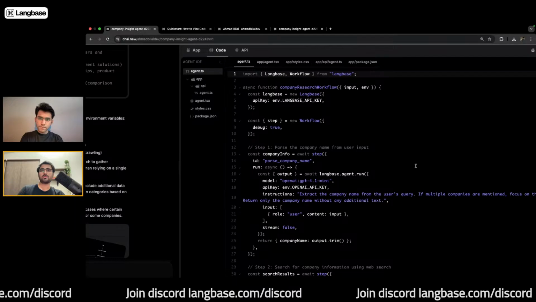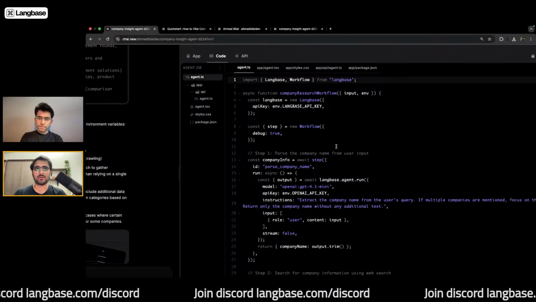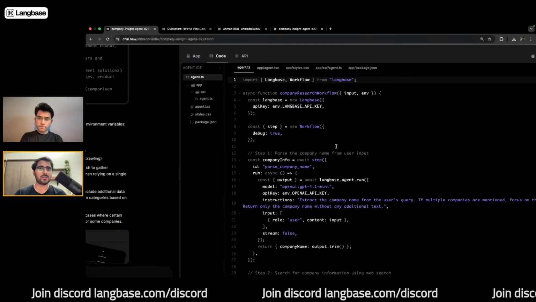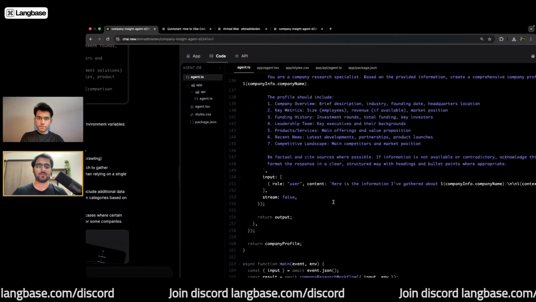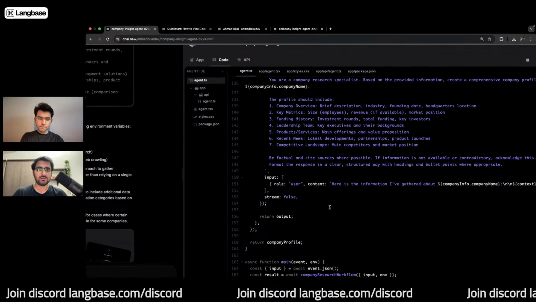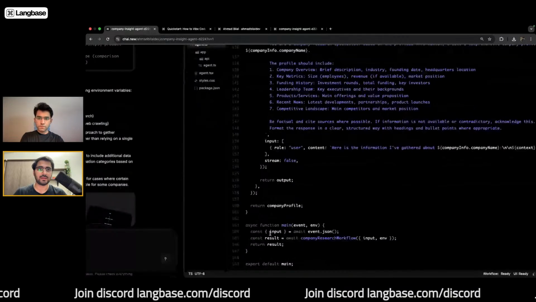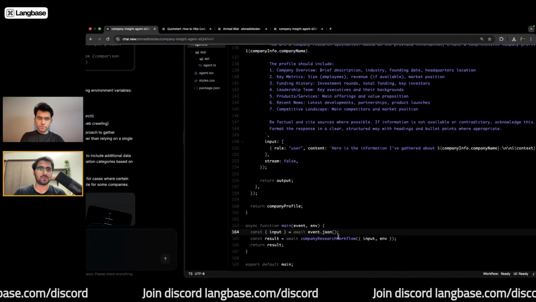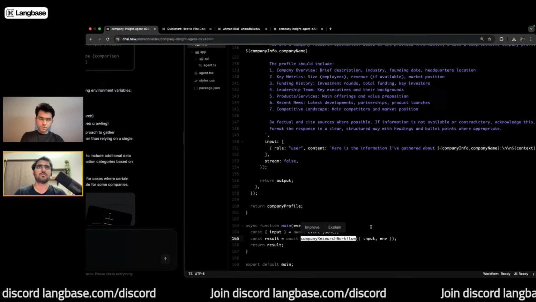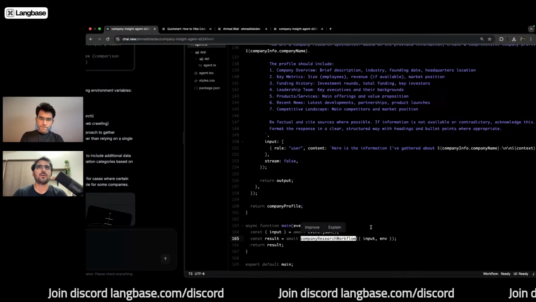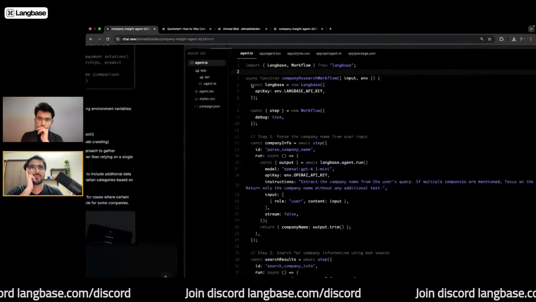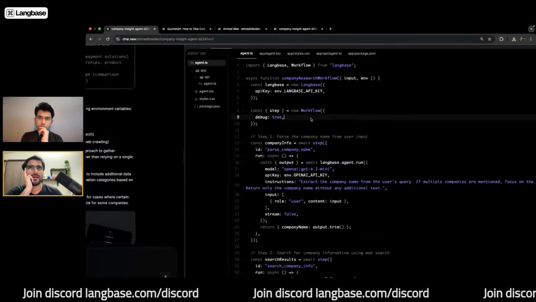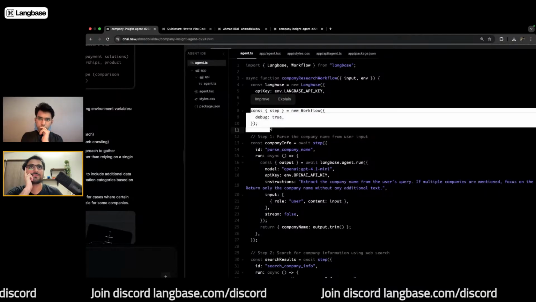All right, so this is the agent.ts file. This is where your agent's logic lives. I want to go down here to the main invoker. What it's doing is taking an input and calling this company research workflow function. It initializes the language SDK and the language workflow.